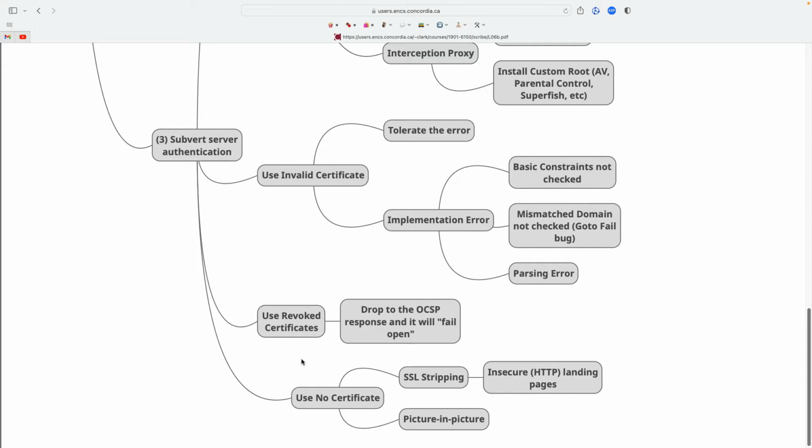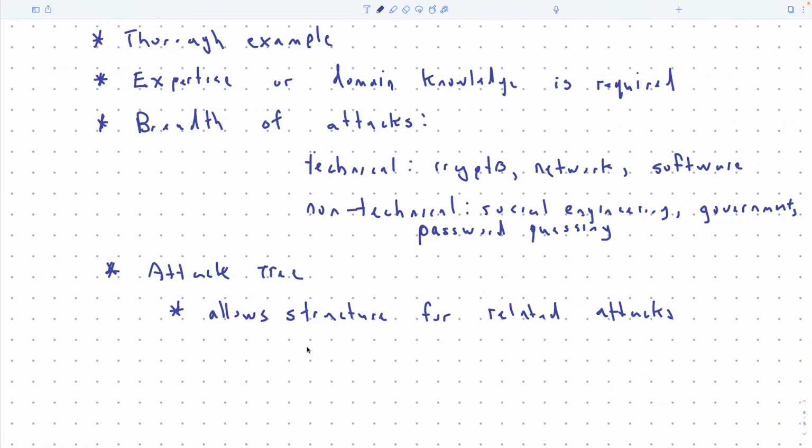Because you have that structure there, you might think of new attacks because it categorizes things in a way. And you're like, oh, there's a missing category. We didn't talk about expired certificates. So, what are the attacks there, okay? So an attack tree can help you find new attacks that are missing from your tree by bringing that structure, because they're related to the attacks that you already have.